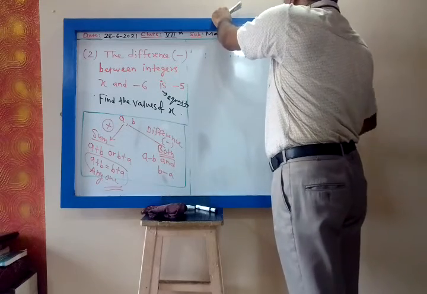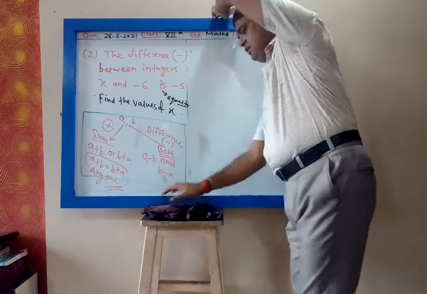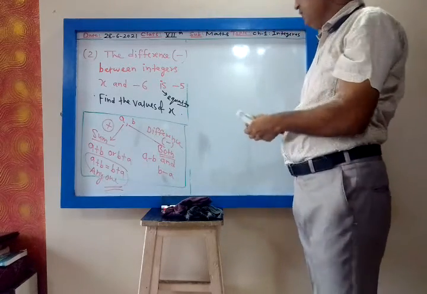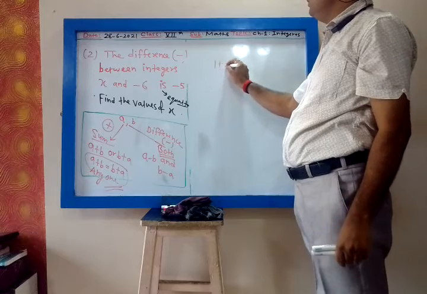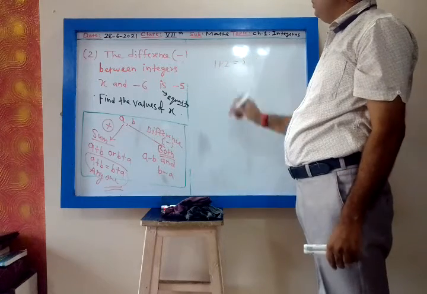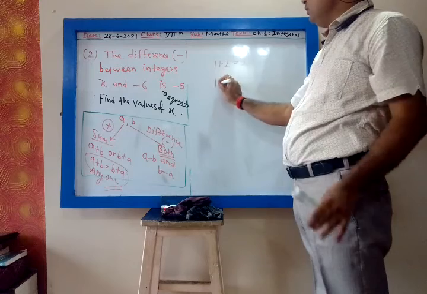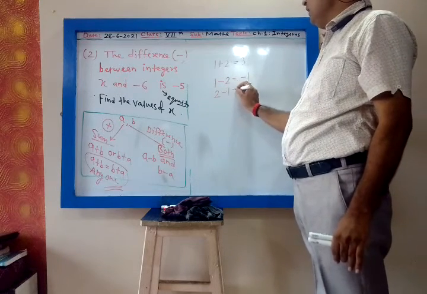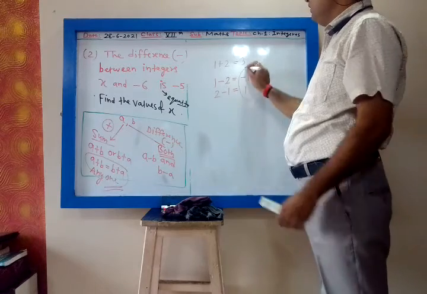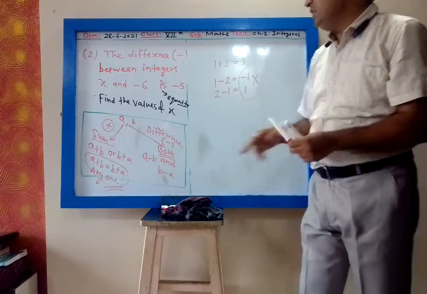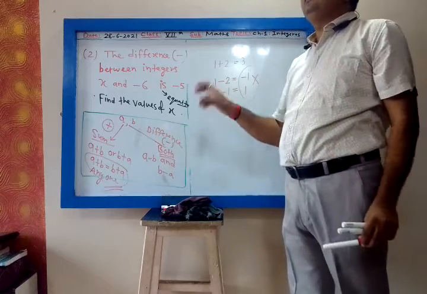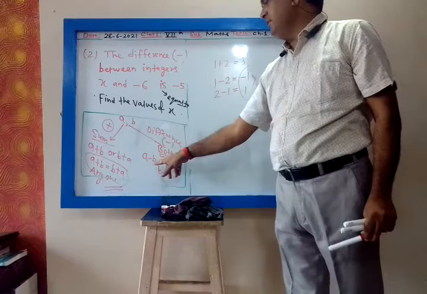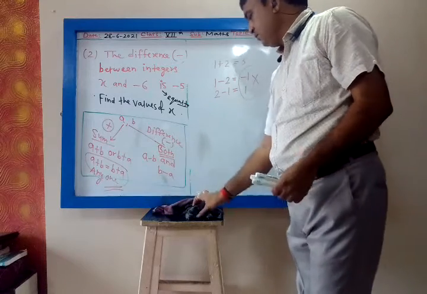So this you remember. Why am I telling you this result? Let us take one example. What is 1 plus 2? 1 plus 2 is 3. Now 1 minus 2 is minus 1, and 2 minus 1 is 1. They are not equal, my dear. So addition is commutative, which means in a sum you can find a plus b or b plus a, any one. But whenever it is a difference, you have to find a minus b and b minus a both.